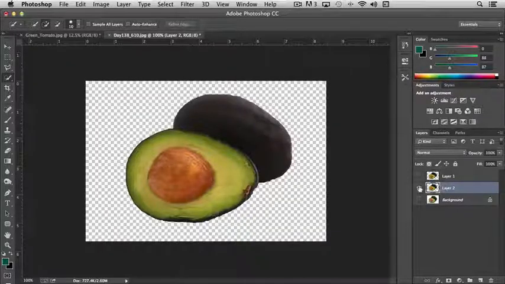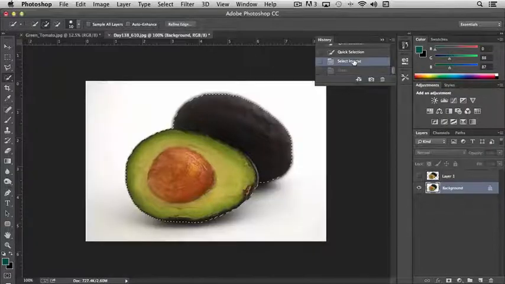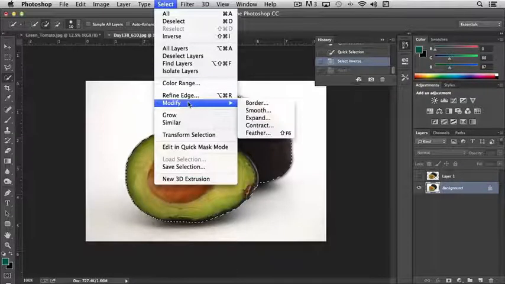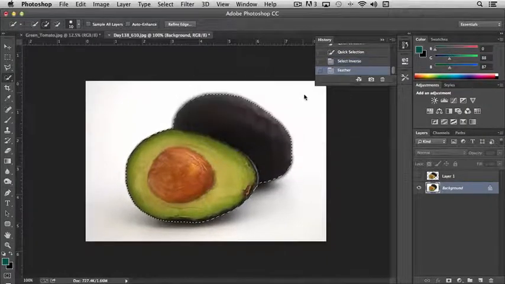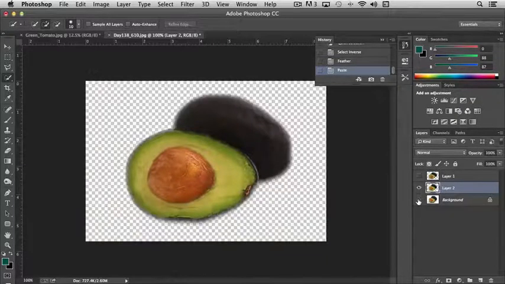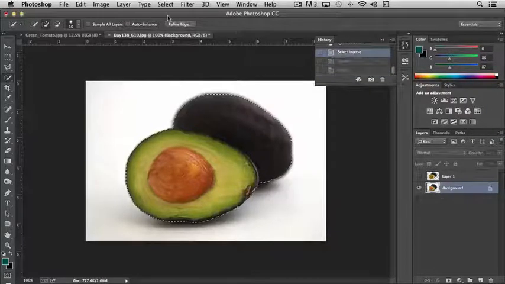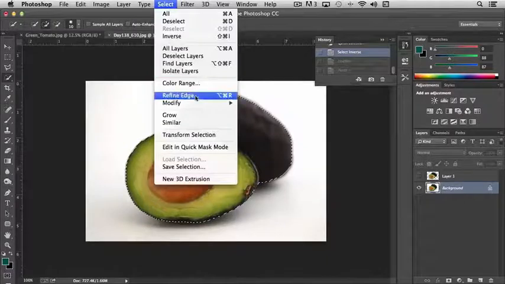Now, one other thing that I'm going to do is go back to our selection before, and this time I'm going to hit select, modify feather, and we're going to feather it, say 5 pixels, and I'm going to copy and paste. And now 5 pixels was probably a little bit much. Okay, so let's undo that and choose